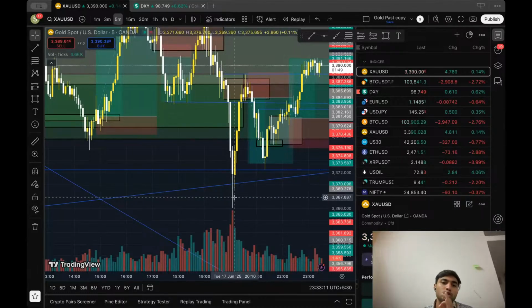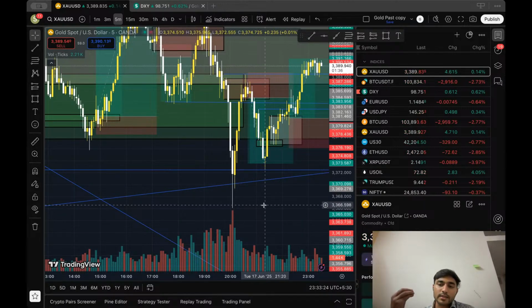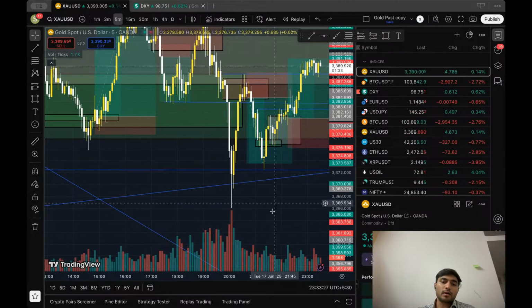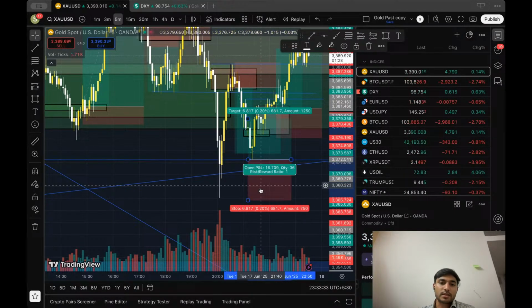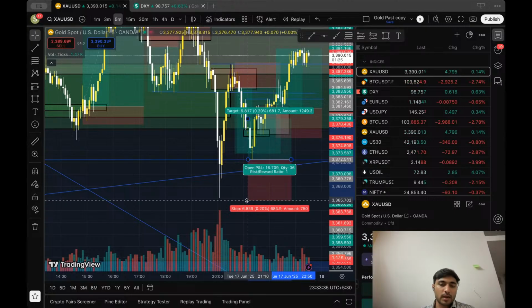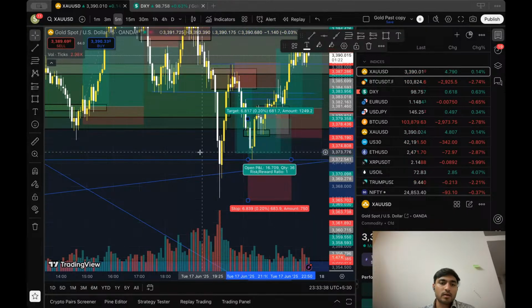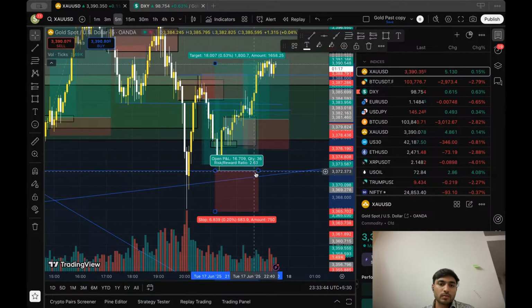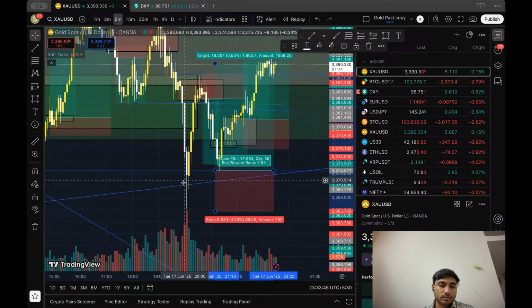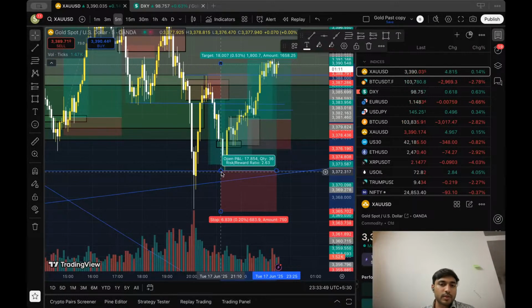The one day should show 50%. It has given a reaction from there. One day has not completed. That means all this level, whenever it comes back to these levels, it will show its bullish character. So if you want to risk, you could risk this. And I'm telling you, this would be the best risk because it should follow. In one day, it should show. Yes, yep, 50% came back.